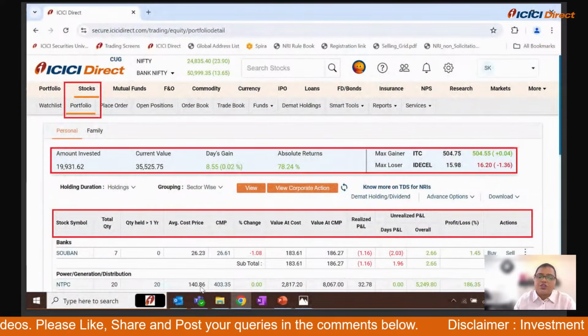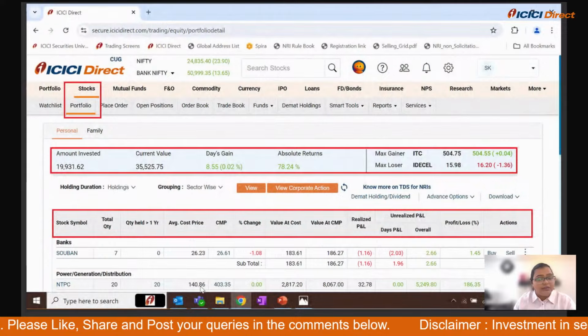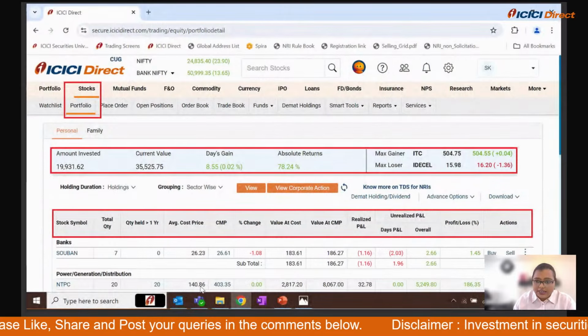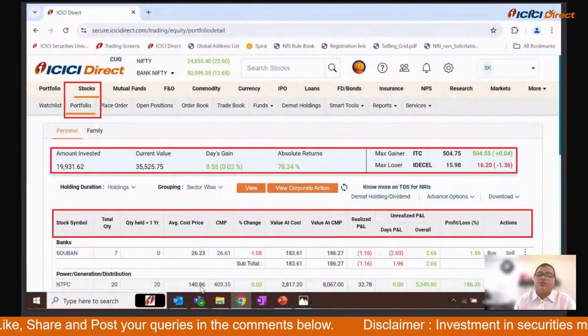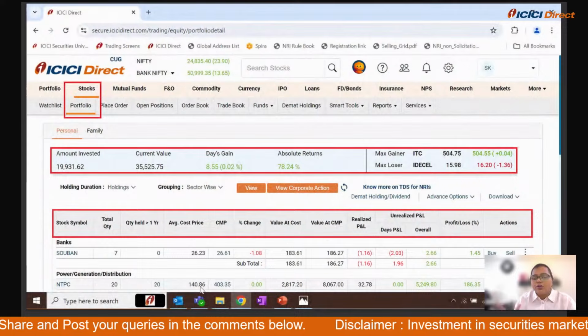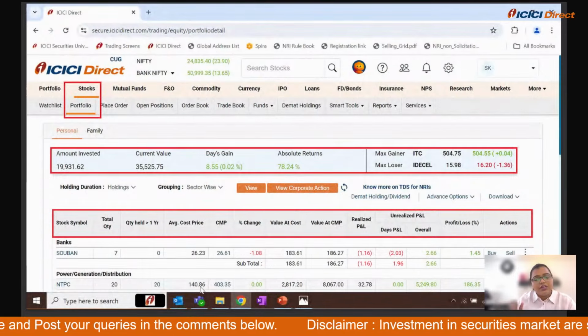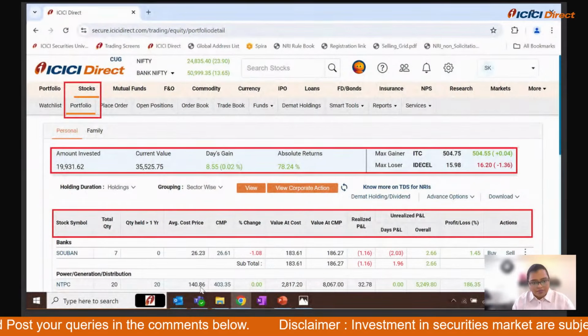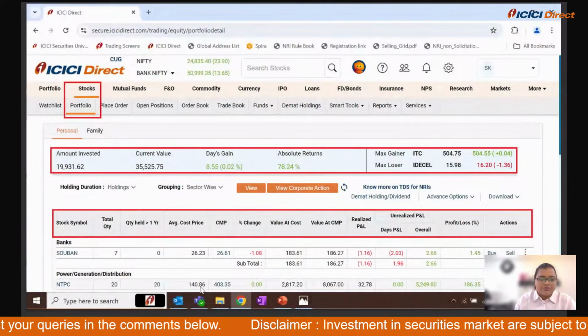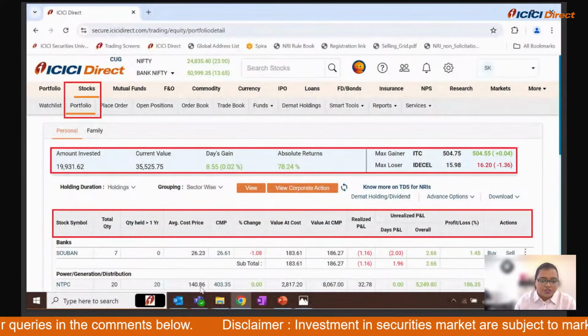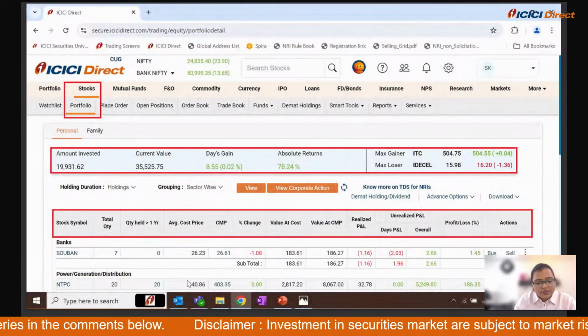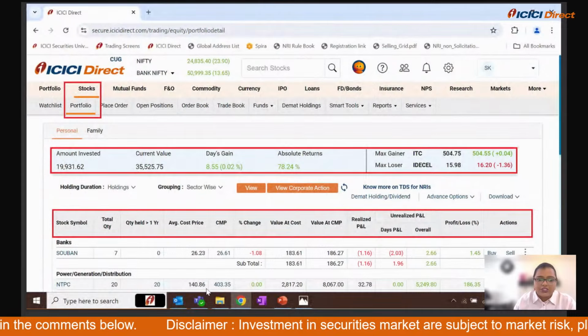Average cost price. So average cost price is what you bought at. So this is not the buying price. Buying price might be 138 and 140 is the average cost price, because we also include the brokerage or whatever taxes that you pay. We add all of those, we average it out and then show you the price. We actually show you the actual price that you bought the share at. So 140 is the average cost that we paid for it,